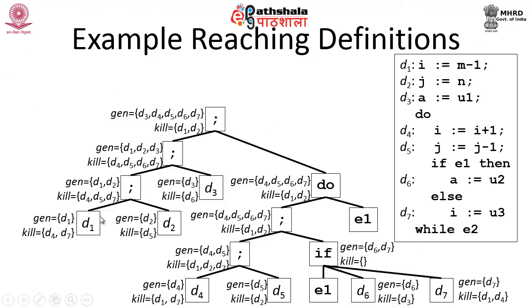Now, every statement will compute a gen and a kill. Now, gen is simply D1. For a single statement, or for the leaf nodes, it is easier to find out. What is the definition of gen? It is simply D. If a particular statement defines a variable, it is only D. So, here gen of D1 is D1, gen of D2 is D2, gen of D3 is D3, D4 is D4, D5 is D5, D6 is D6 and D7 is D7. So, it is a simple statement, it is fine.